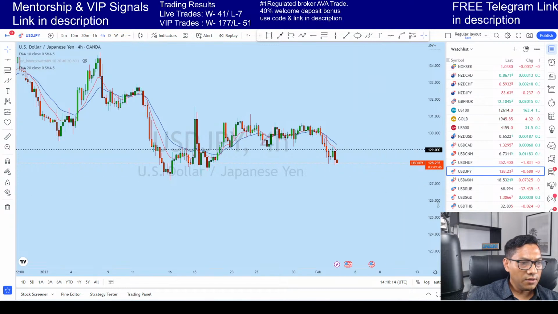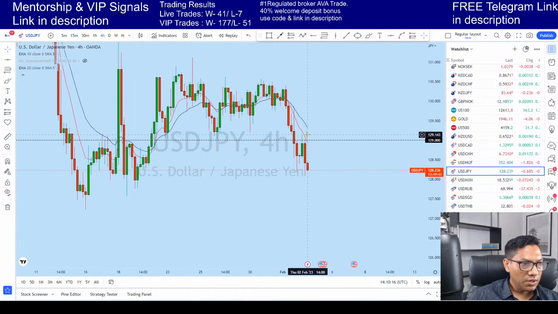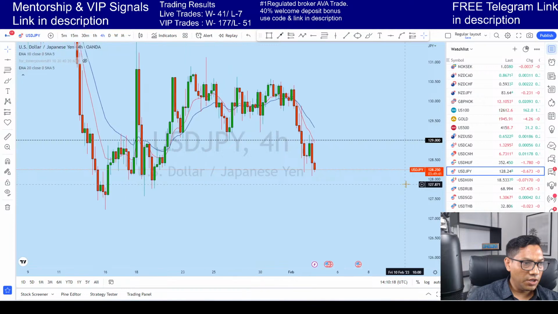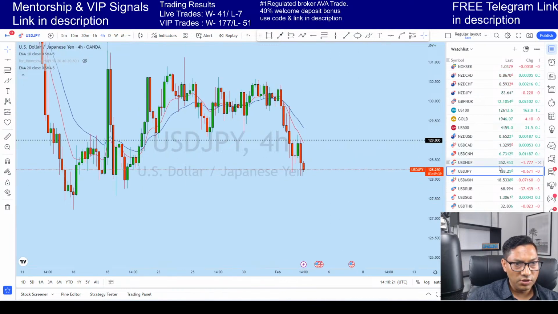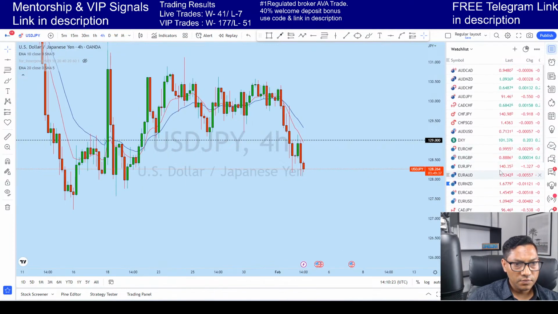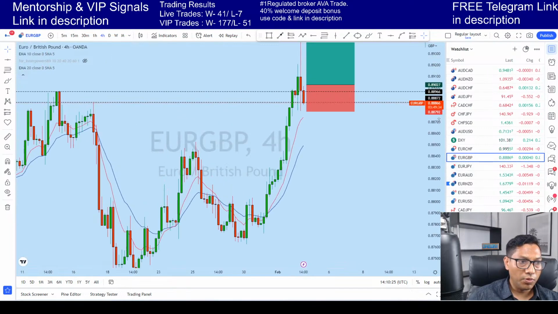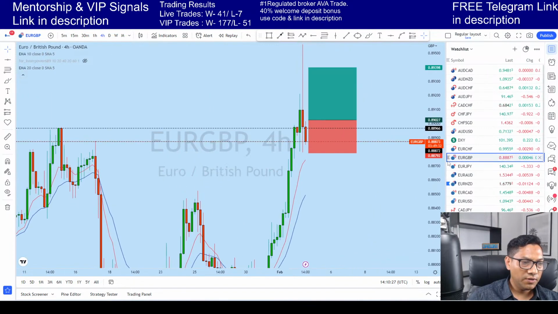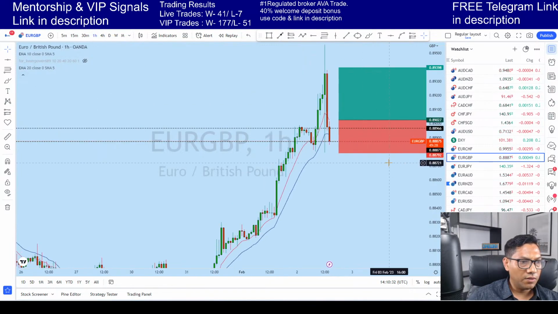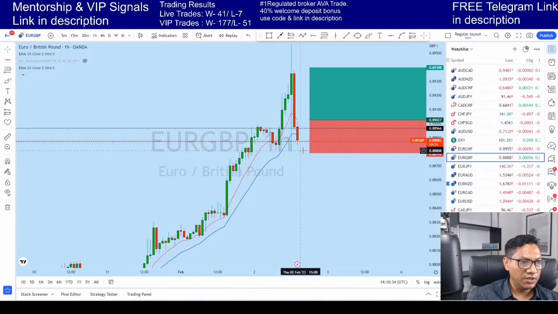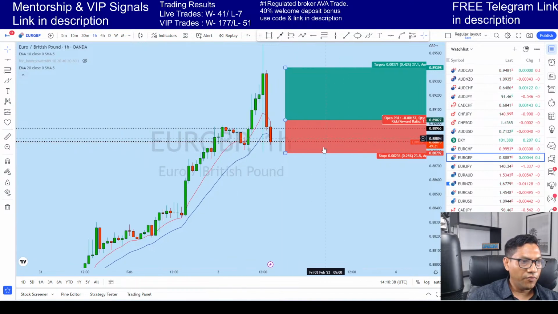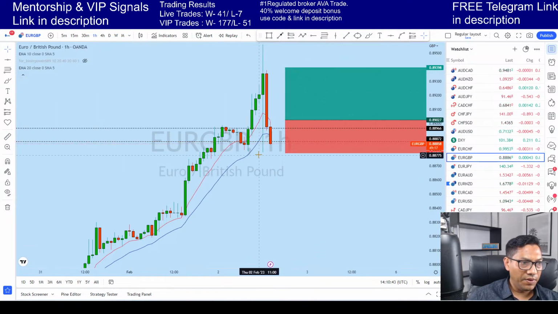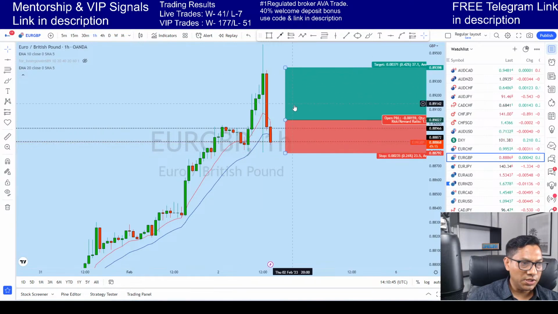Okay, so dollar yen, as I mentioned, there is a bearish engulfer. Now dollar yen is creating a bearish movement again on this one. So Euro GBP has probably gone the other way. Still we have a probability, but let's see if it is respecting this resistance here. For Euro GBP, the price didn't move up, but I think that before breaking this low we should see some upward